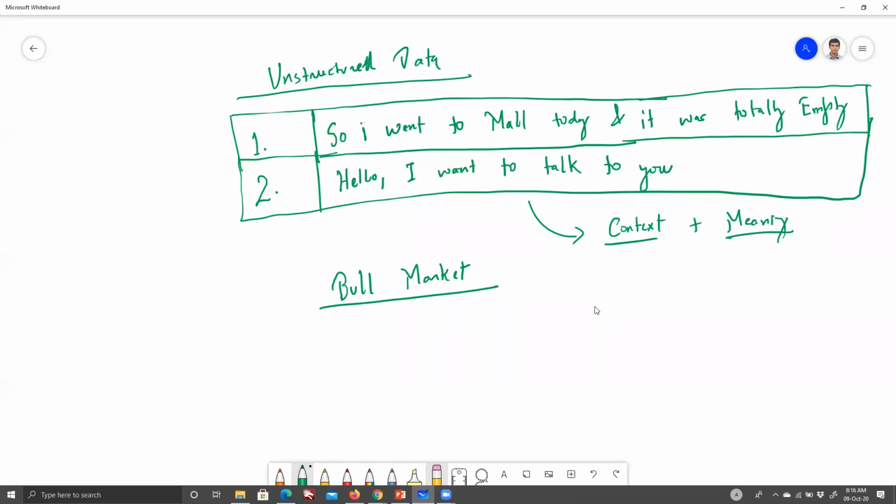Sometimes there are animal markets literally where sale of animals is done. Okay, so there are those markets, but because of the way you have been brought up in your life, the news that you read and any social media that you are consuming, bull market is almost ubiquitously linked to the upward rise of stock exchanges, right?